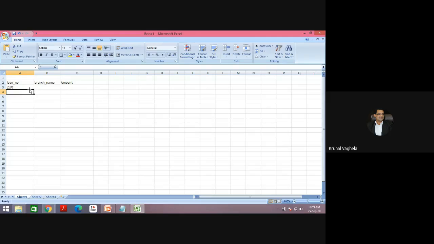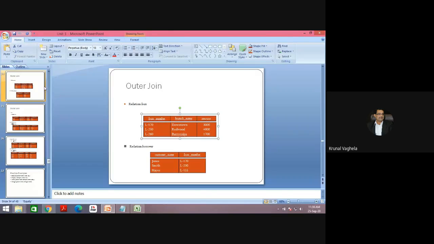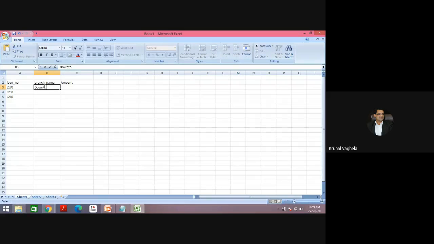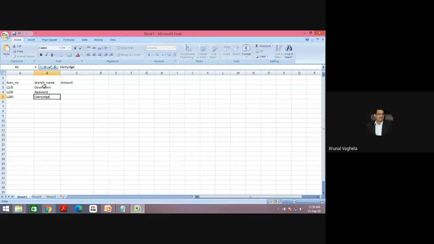L170, L230, L260 are three loans: Downtown, Redwood and Parish. Amounts 3,000, 4,000, 1,700. This is the loan table. Let me merge and write loan.